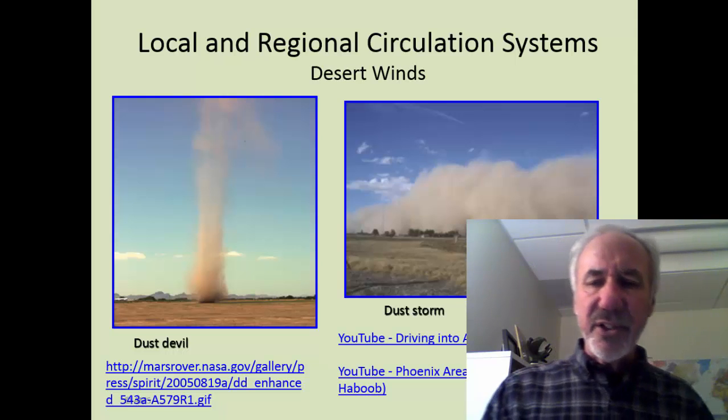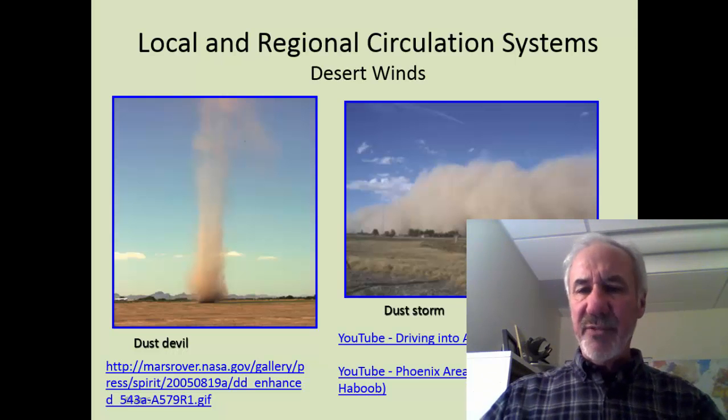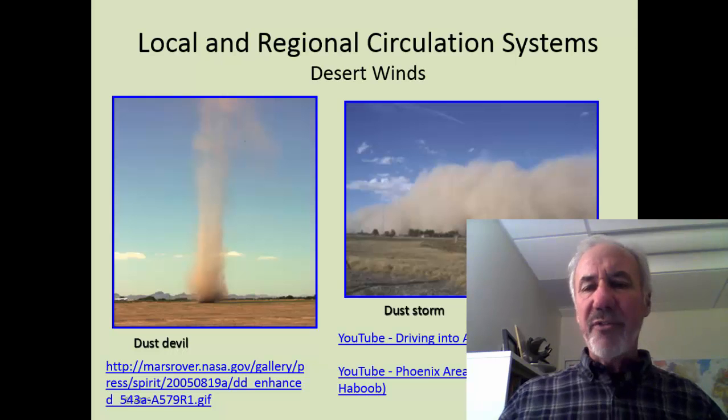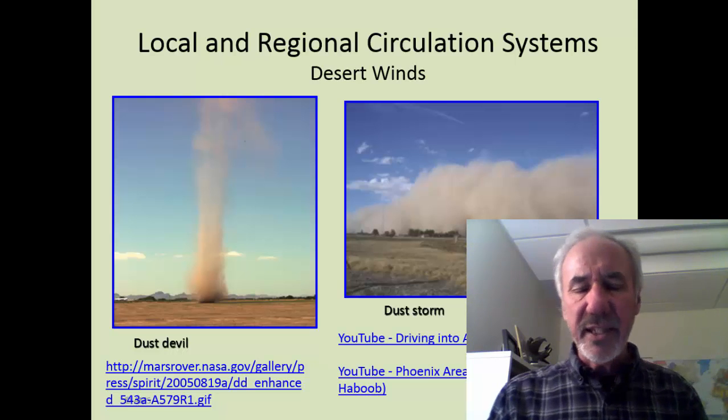Then on the right, we have these things called haboobs. A haboob is when cold air falls out of a thunderstorm. It can pick up dust along the ground, and it can flow out very rapidly in all directions. And we'll talk more about those when we get into thunderstorms and